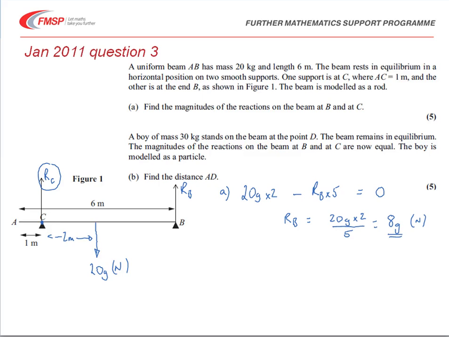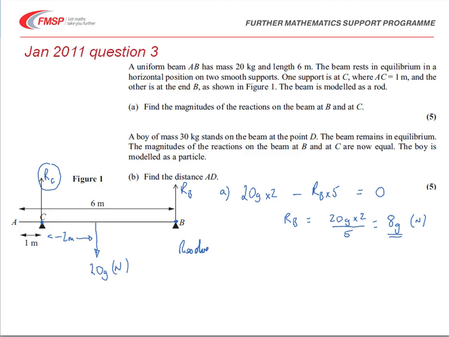The second part of the question says find the reaction at B. We can do this in two ways. We could turn our attention then to moments, this time about B, and do a similar thing to the first part of the question that we've just done. However, using the other idea of equilibrium says that the forces in any given direction are equal to 0, or sum to 0. So if we now resolve